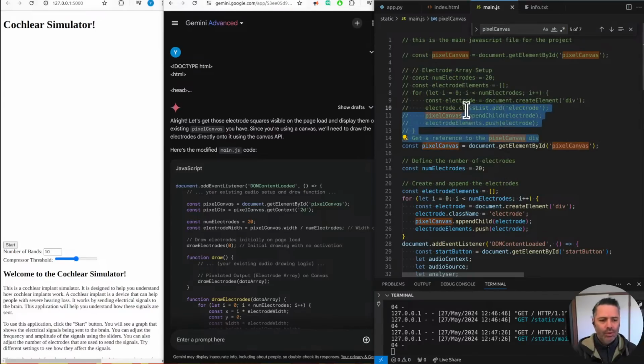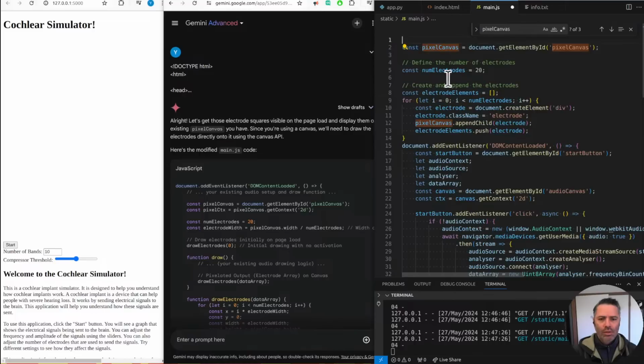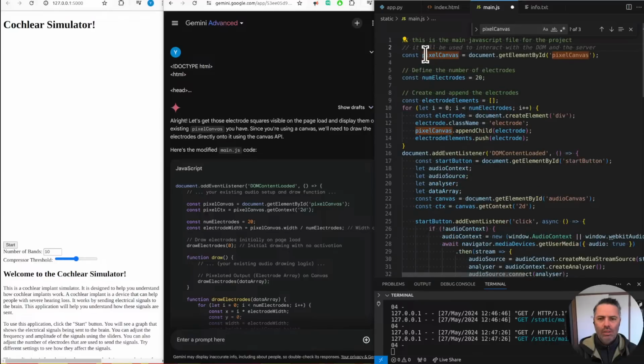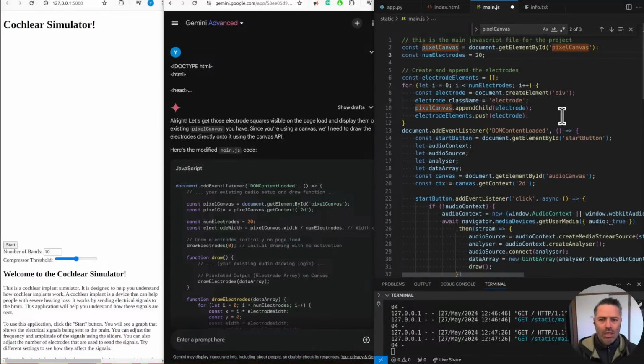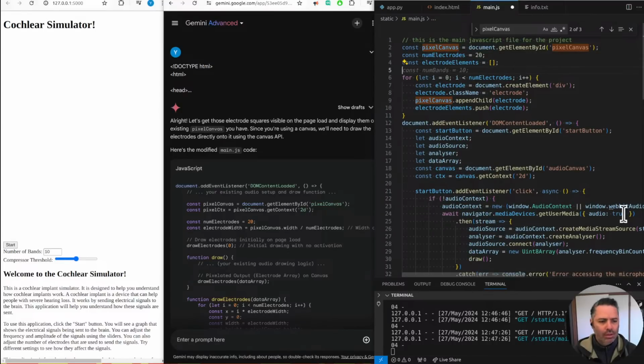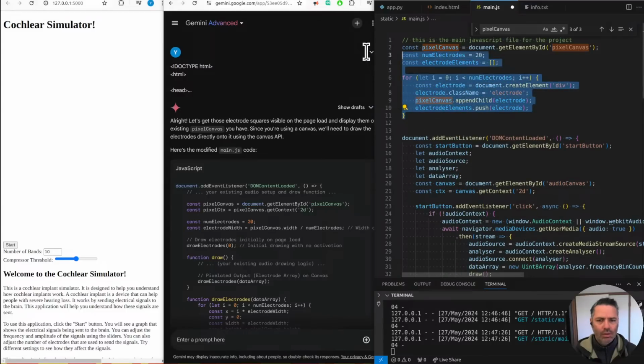Okay, we have a number of electrodes, electrode element. We're pushing 20 electrodes in there. Okay, this is the same, so